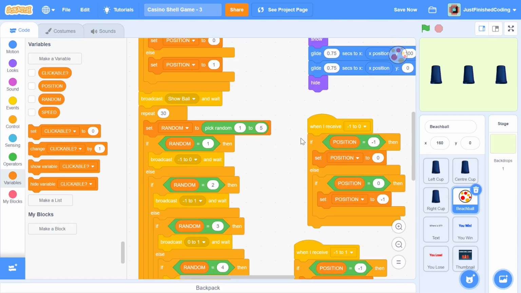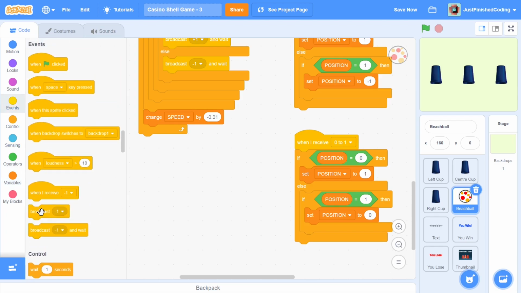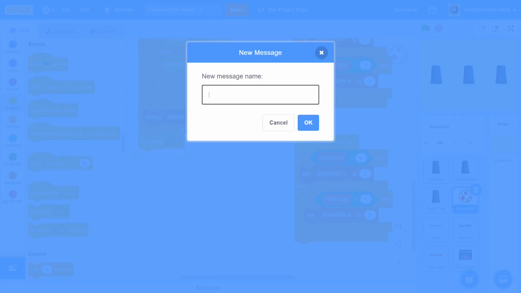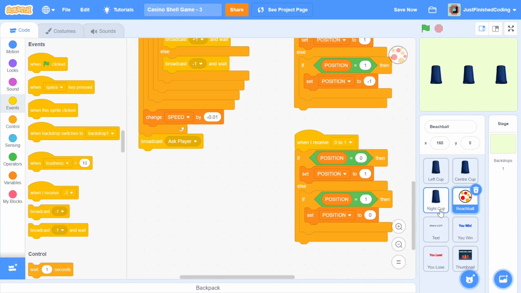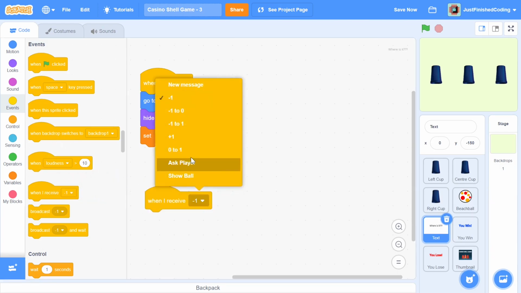Alright, after this we can get back into the beach ball, and after we're done with this entire repeat 30 times, we'll broadcast a message to say that all the shuffling is over and the player can make his choice now. You can just say broadcast, you don't have to do broadcast and wait. The new message, I'm going to call it ask player. And I'm going to head back into the text and say when I receive ask player.